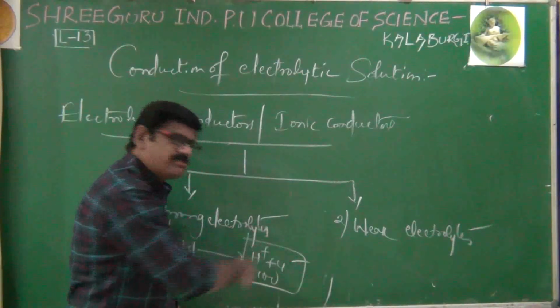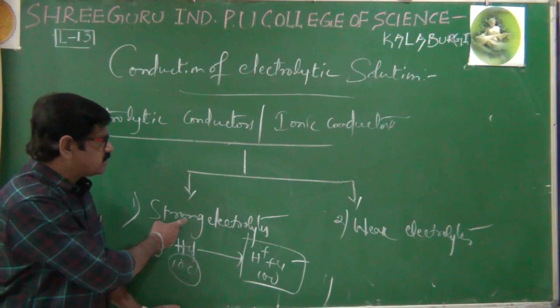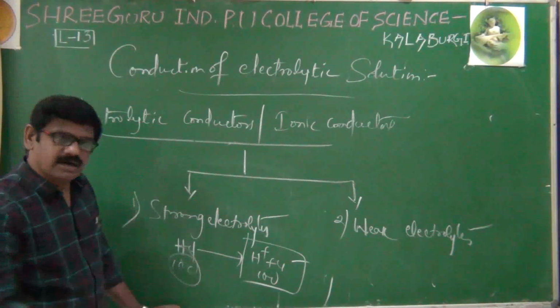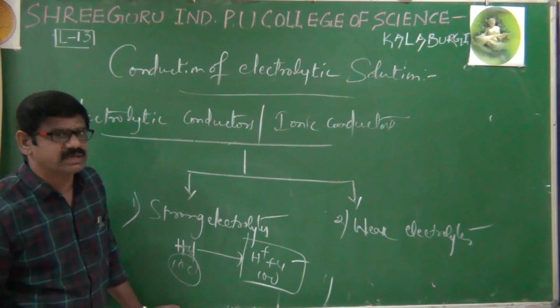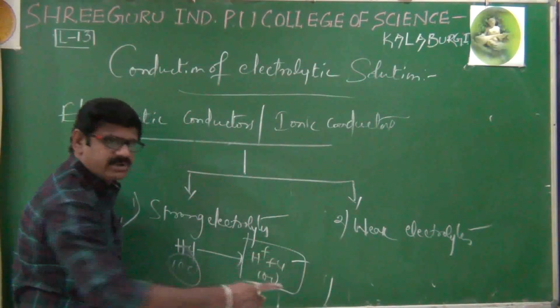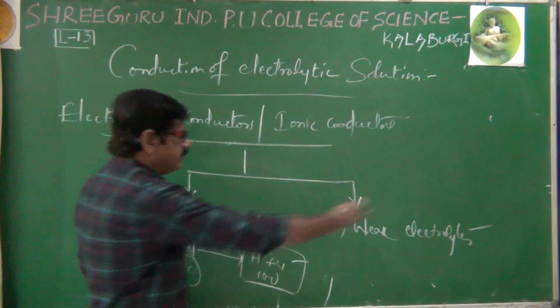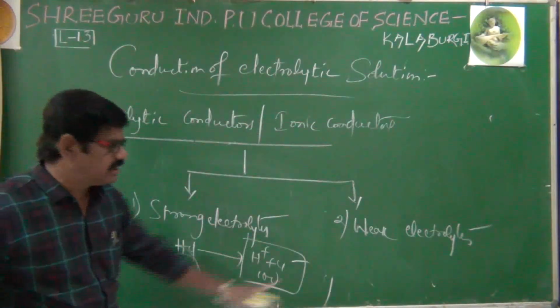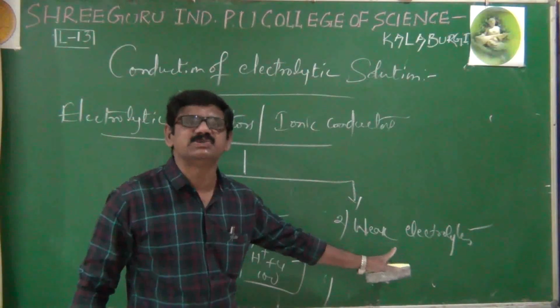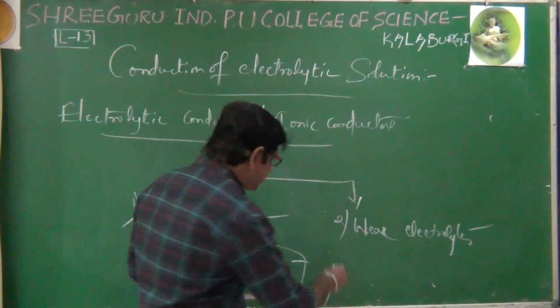Because of more number of ions, a strong electrolyte conducts more electricity through it. That's all. Weak electrolytes, unlike strong ones, are not almost completely dissociated. Here the substance dissociates only partially. Example,